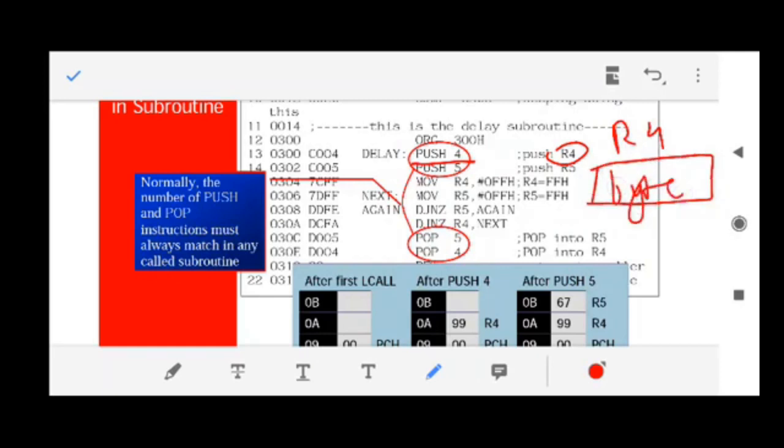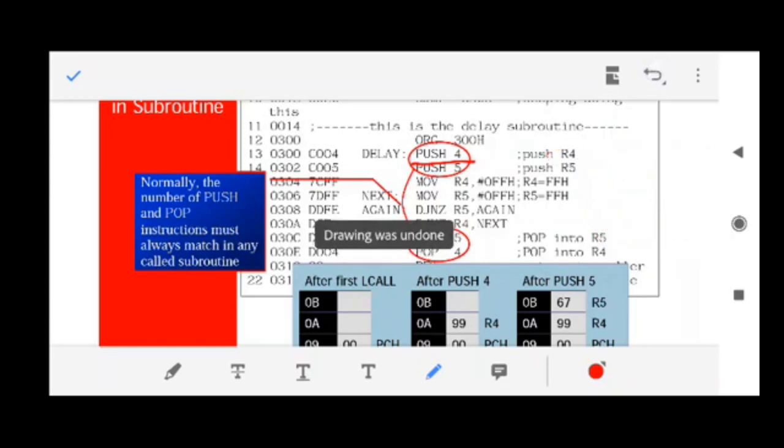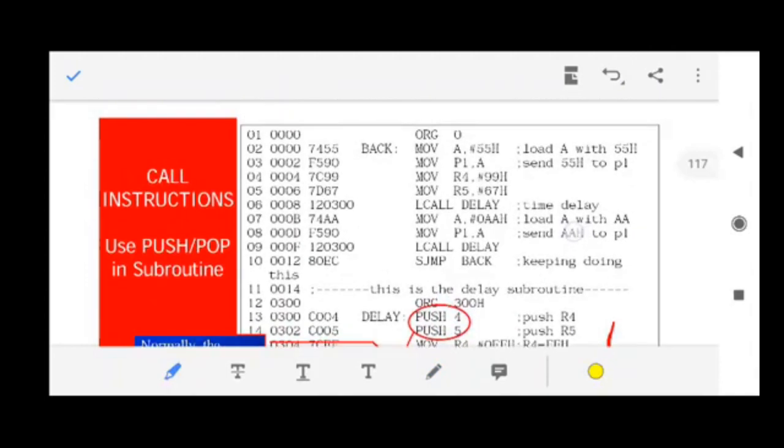So let us see this example. Push 4. Push 4 means you want to move the value of register R4 into the stack. Now what is the size of R4? Please tell me. The size of R4 is a single byte, because it is 8 bits long. See, this is R4. R4 contains the value 99H.